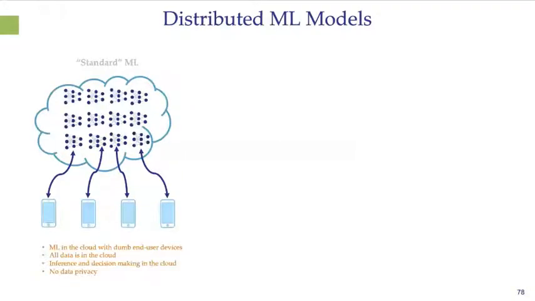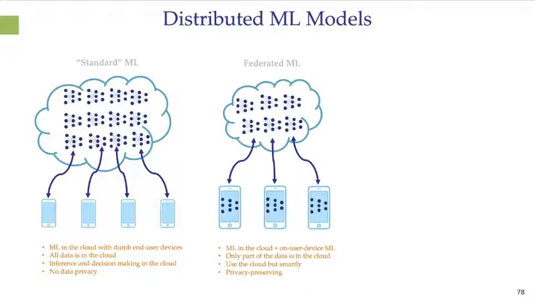So I'm going to talk about here a couple of things, and I'll start with the standard machine learning paradigm I just discussed. You have data which is collected, say, at the edge, uploaded into the cloud. The cloud builds models or a model and downloads that to the end user devices. So the computations are done all in the cloud. The end user devices can be just data collectors, and they don't need to be able to do any machine learning. In federated learning, the end user devices are themselves going to do the learning.